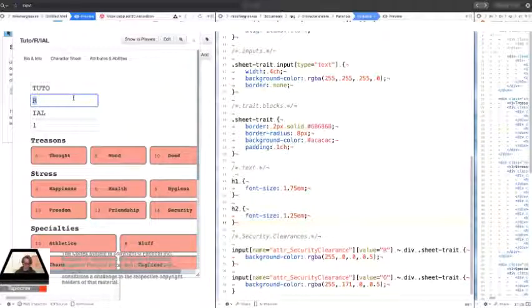Let's say that tutorial mid-game gets a promotion in security clearance and goes to orange. See what happened. All of the traits automatically have changed colour to match his new security clearance. I can do the same with the background colour of the whole sheet. I can